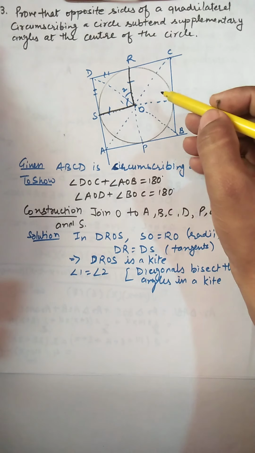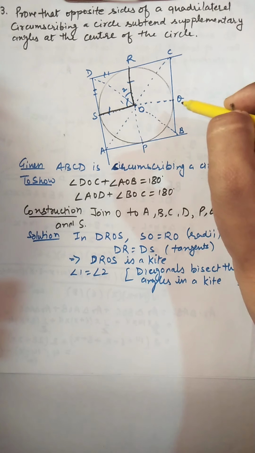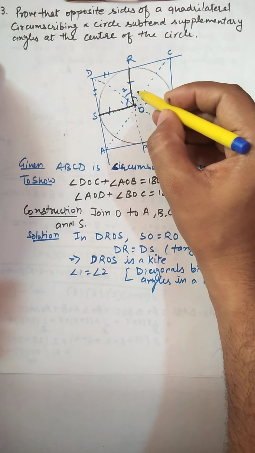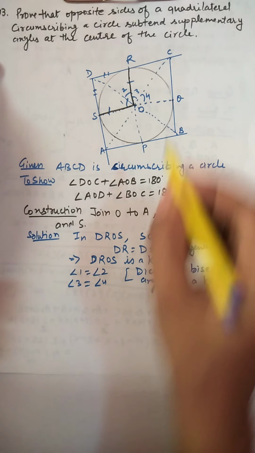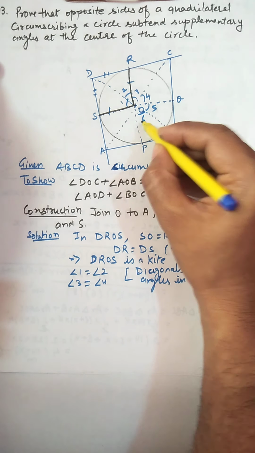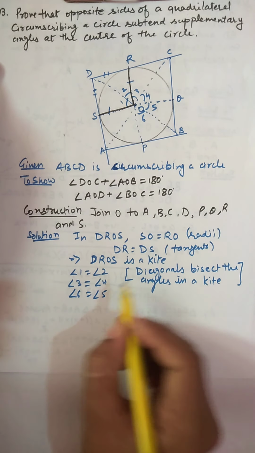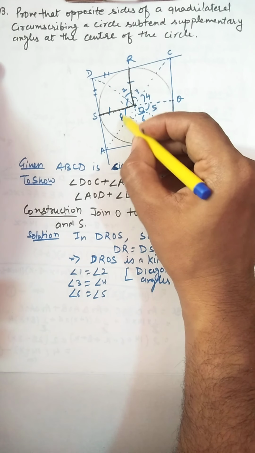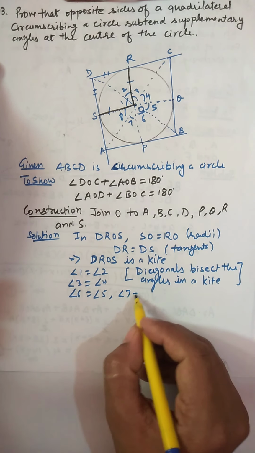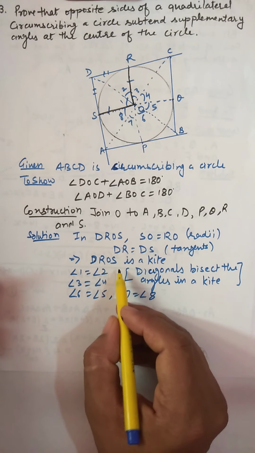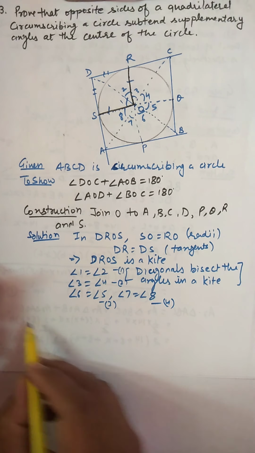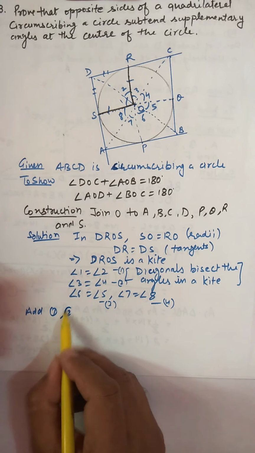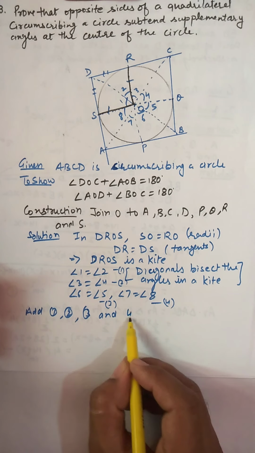So similarly we can take this quadrilateral also, RCQO. Here also we are going to get, let's say this angle 3, this is angle 4, so this 3 and 4 will also be equal, and this 5 and this 6 will also be equal, and this 7 and this 8 will also be equal. So you can now see, we add all these angles. You can mark this as 1, this 2, this as 3 and this as 4. So we add 1, 2, 3 and 4. Then see what you get.